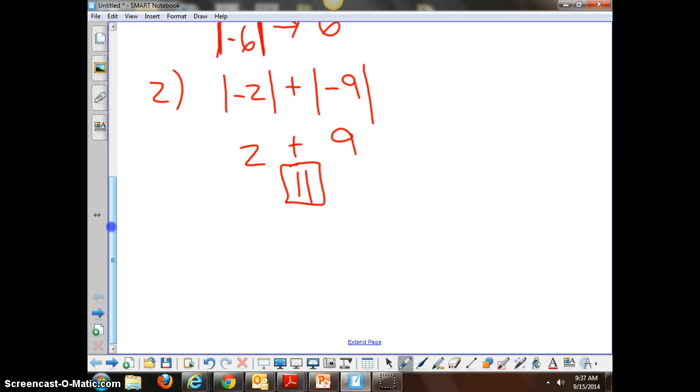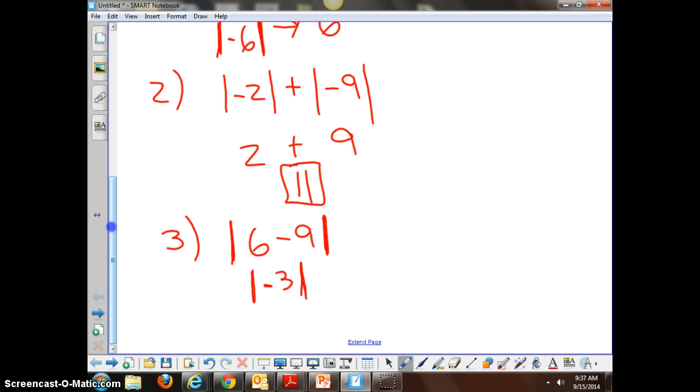One more example before I send you on your way would be a problem such as this. What is the absolute value of 6 minus 9? You're going to treat this as you would with order of operations. It's almost like you have parentheses. Do what is inside of the absolute value first, which is 6 minus 9. You know that 6 minus 9 is -3, so your new problem, as you work vertically, is: what is the